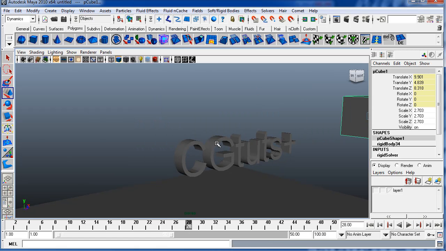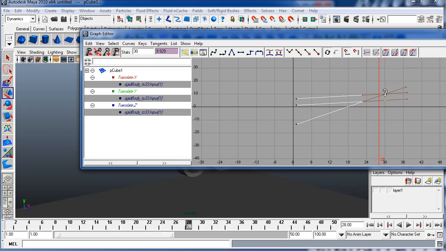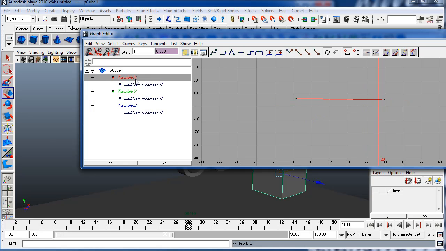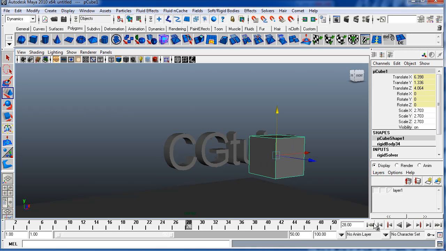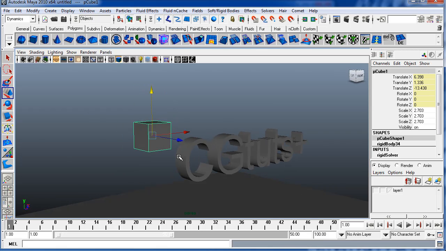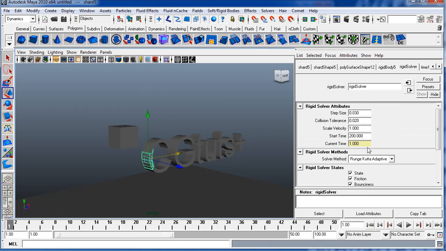So now we have that. Oh, I actually moved it up a bit. I didn't mean to do that. So let's go into the graph editor and, oops. Yeah, let's just delete the X and the Y so that we can just move it in the Z. Okay. So now we have that, and now it's going to go through and blow the letters away. So Control A, go into the rigid solver, change this to 1,